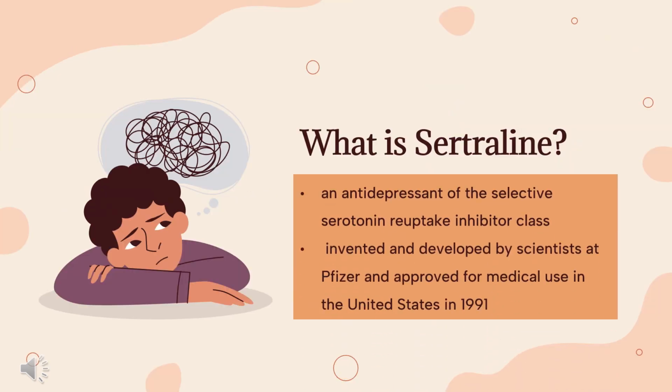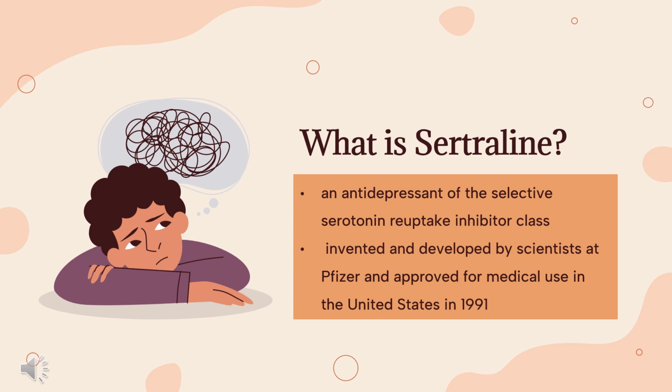What is sertraline? Sertraline, sold under the brand name Zoloft among others, is an antidepressant of the selective serotonin reuptake inhibitor class. The efficacy of sertraline for depression is similar to that of other antidepressants, and the differences are mostly confined to side effects. Sertraline is effective for panic disorder, social anxiety disorder, generalized anxiety disorder, GAD, and obsessive compulsive disorder, OCD. Sertraline was invented and developed by scientists at Pfizer and approved for medical use in the United States